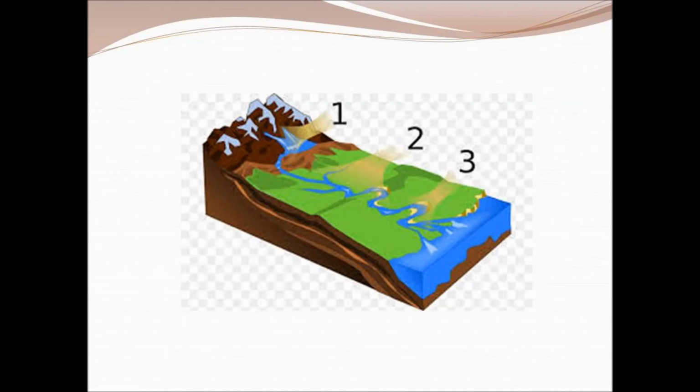The speed and force of the water makes them carry along large amounts of eroded material from the mountain surface and surroundings. That is, as the movement of the water is very fast, they bring along with them the soils and mineral deposits as they flow. Once the river reaches the plains, it gets wider. So when the river reaches the plain surface, it gets wider and therefore the speed of the river is also reduced.